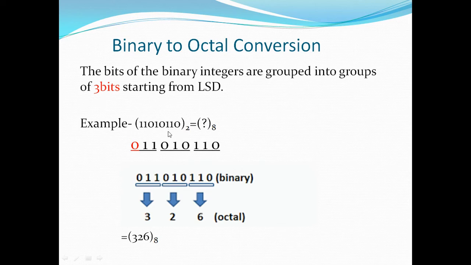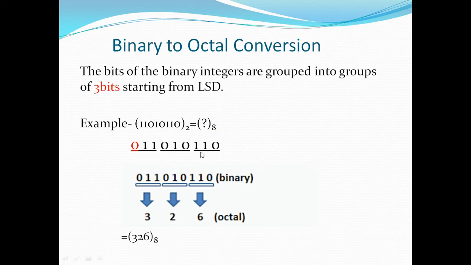So we'll make a pair from 1, 2, 3. This is the first pair, 1, 2, 3. Second pair, and 1, 2. We don't have any third number here, so we'll write simply 0. So we have made the pairs. 0, 1, 1 is the first pair. Second pair 0, 1, 0. Third pair 1, 1, and we have added 1, 0 just to complete the pair.